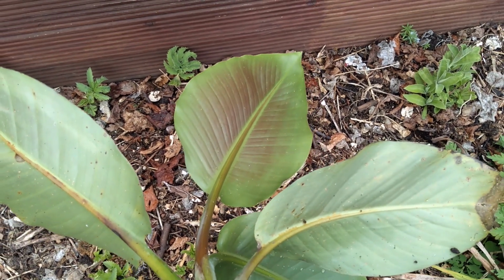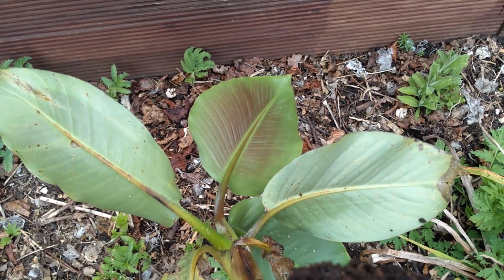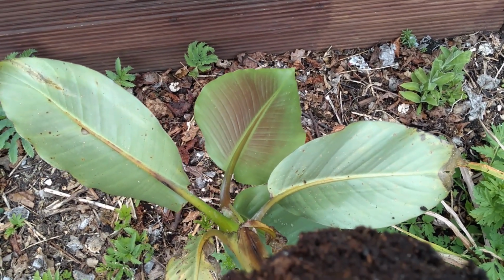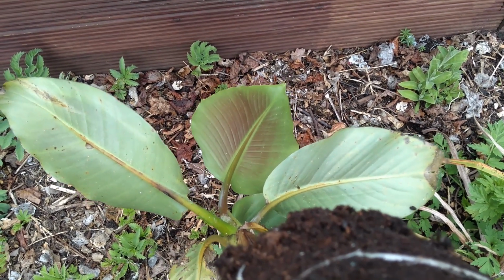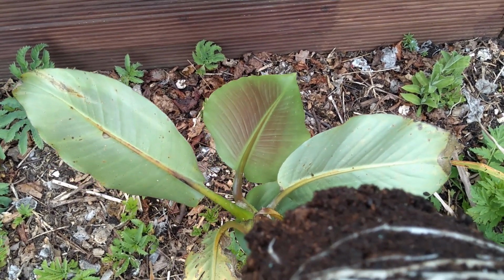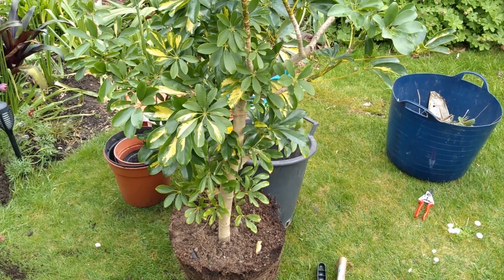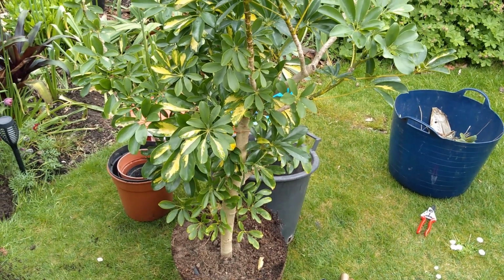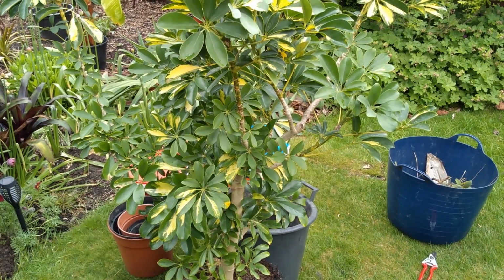Of course I will dig it up for the winter and overwinter it in my utility room like I did last year. It got down to 4 degrees, but as long as it doesn't go too much below freezing, it's fine for the winter. One house plant that does really well outside in the UK for the summer is Schefflera arboricola